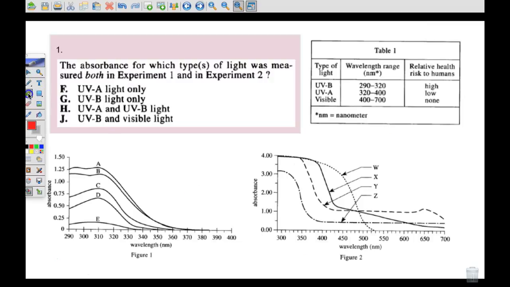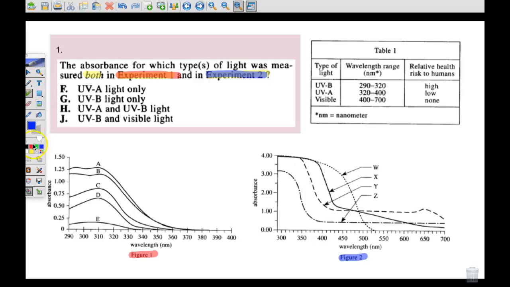Alright, so for our first question, it's asking the absorbance for which types of light was measured in both experiment 1 and experiment 2. So experiment 1 is identified by figure 1, and experiment 2 is identified by figure 2. And our options are UVA light, UVB light, both, or UVB and visible light. So we're going to have to compare 1 table and 2 graphs to determine which types of light were present